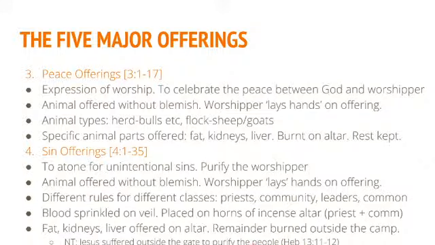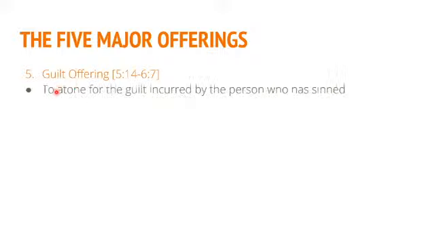And finally, guilt offerings. The guilt offering is the final type of offering. This was to atone for the guilt incurred by the person who sinned. So when a person did something wrong and incurred this guilt, they were guilty for some wrong that they had done, and there was this guilt offering. For example, when they would break a vow, they made a vow with somebody and they broke the vow, or they committed some kind of crime, they stole from somebody. And that guilt, where they were now in the category of guilty for what they had done, is where guilt offerings came in to deal with that.